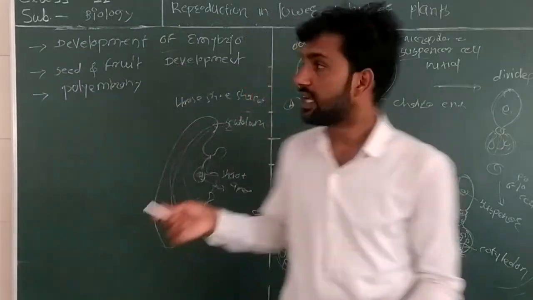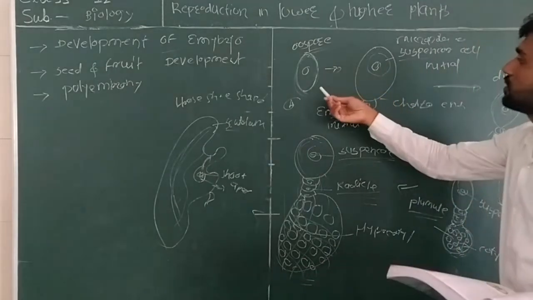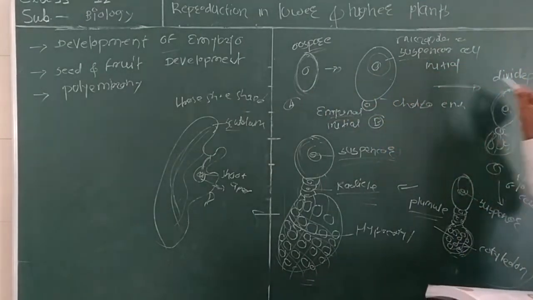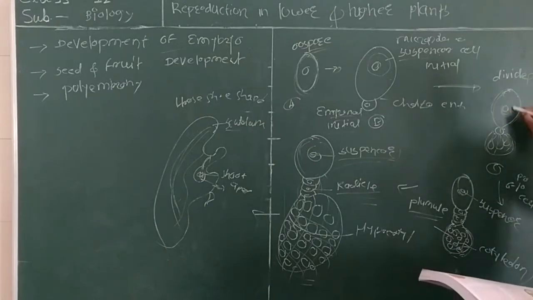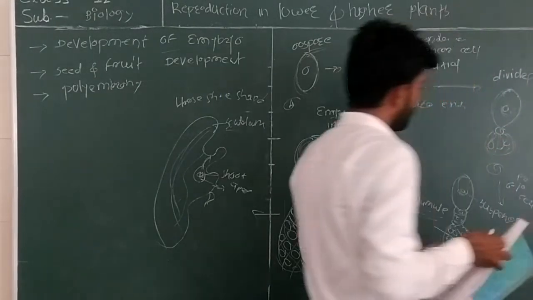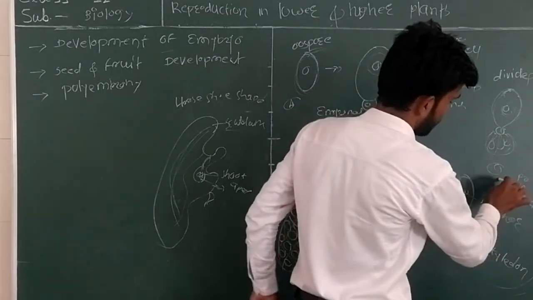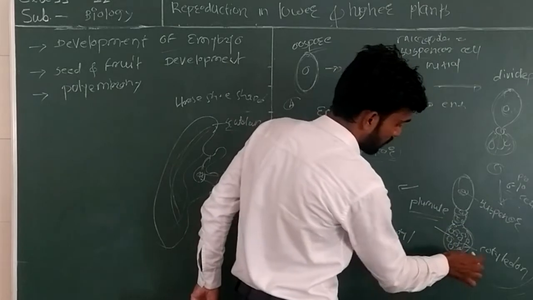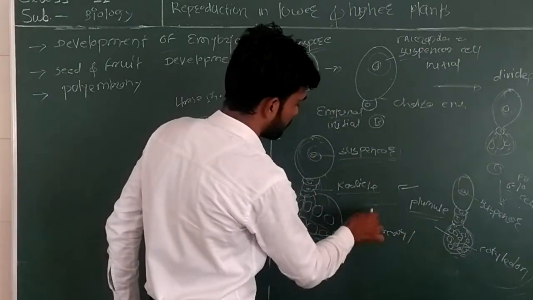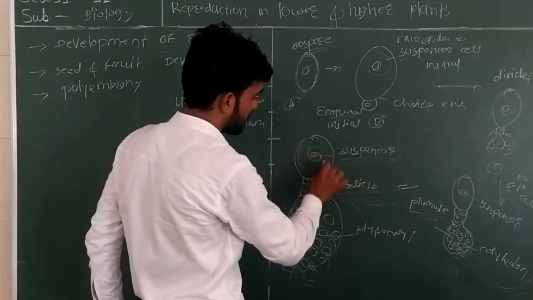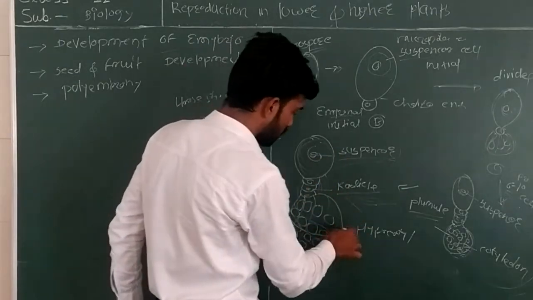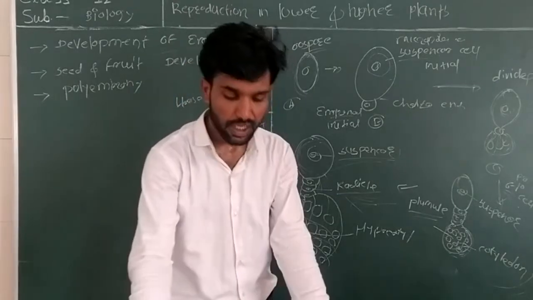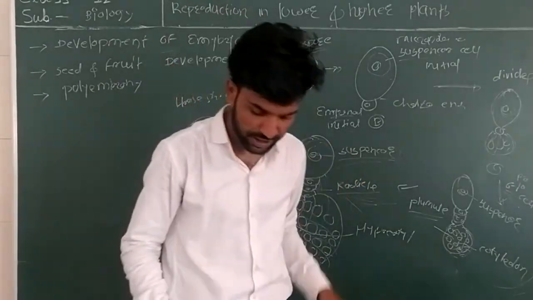The first cell, the oospore, divided into two cells, that is the suspensor initial and the embryonal initial. Then the suspensor gets swollen, and here the 6 to 10 cells are formed by divisions. Then a plumule forms, then the cotyledons form. Further divisions are a mitosis process. The suspensor cell gets swollen like a balloon. Then the radicle and cotyledons form. So step by step there is the formation of the embryo. The development of the zygote is called embryogenesis.